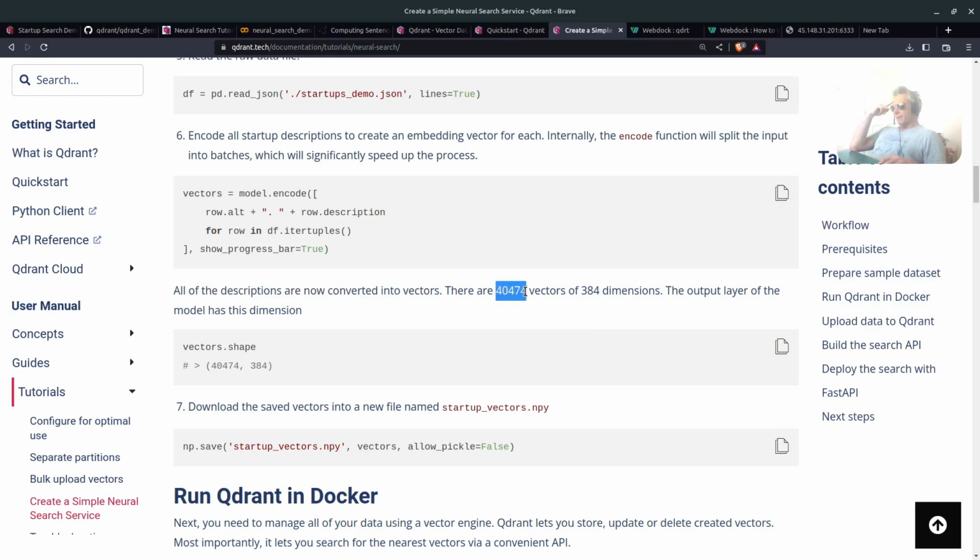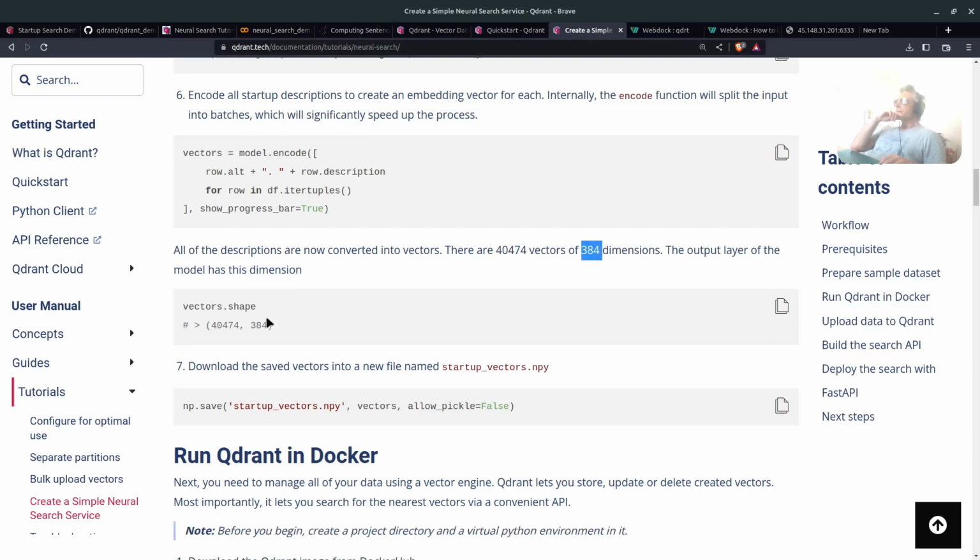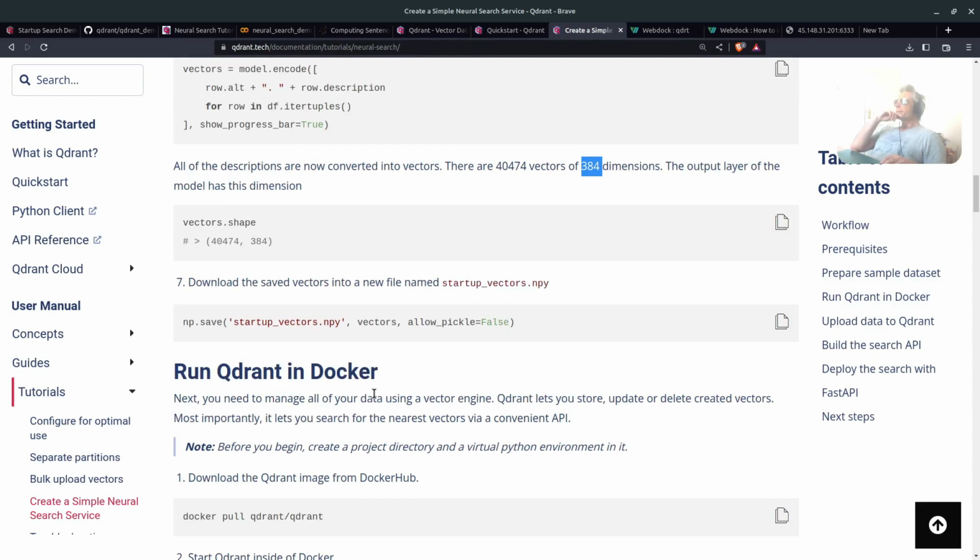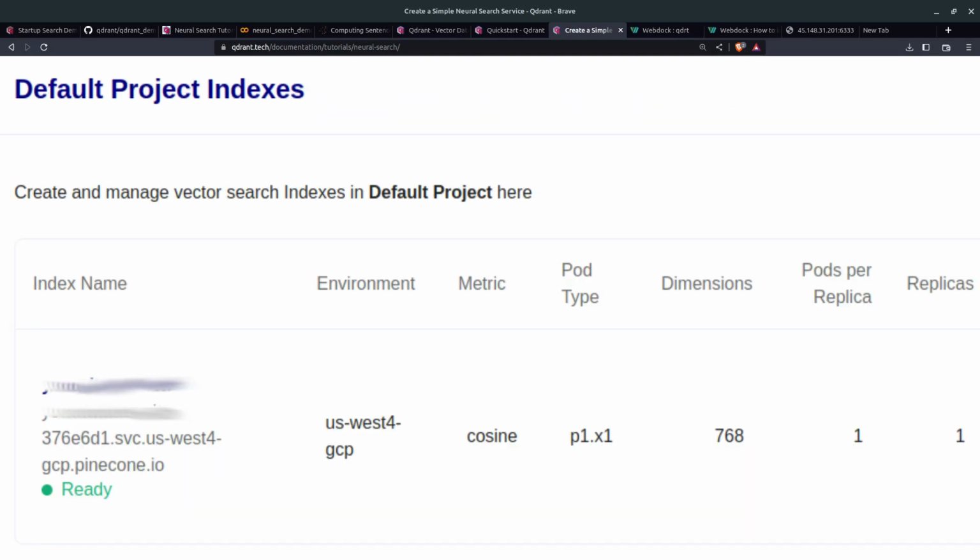Yeah, there's several different frameworks for building an API with Rust. Quite a steep learning curve, but yeah. So here I'm talking about dimensions, and in this article it specifically says 384. I can't remember where I got this 768 from. Maybe I still have my Pinecone head on from yesterday, but